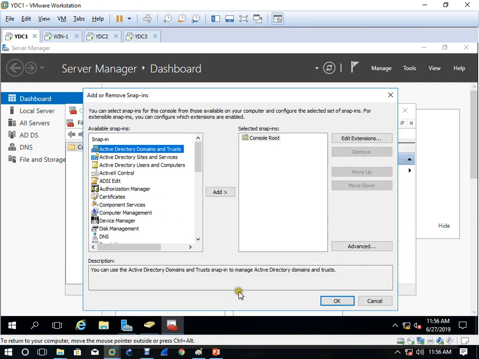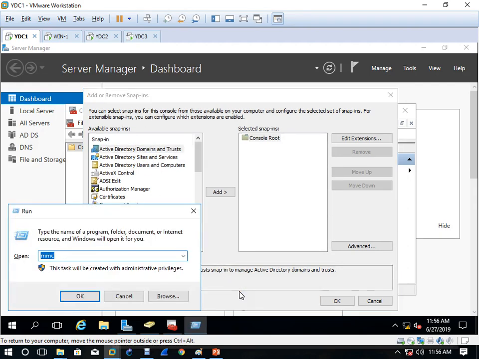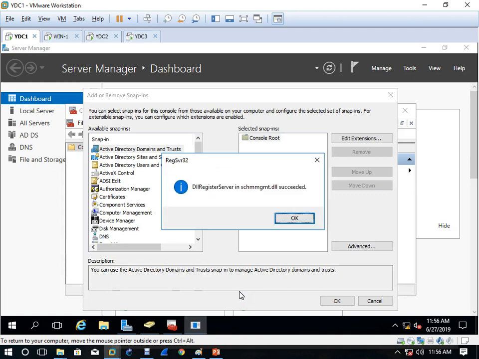No. Okay. Now open Run and type regsvr32 schmmgmt.dll. Okay, and enter.